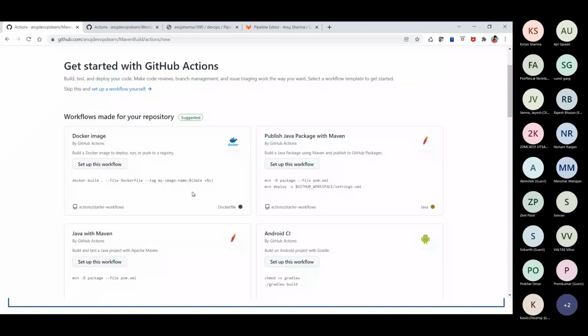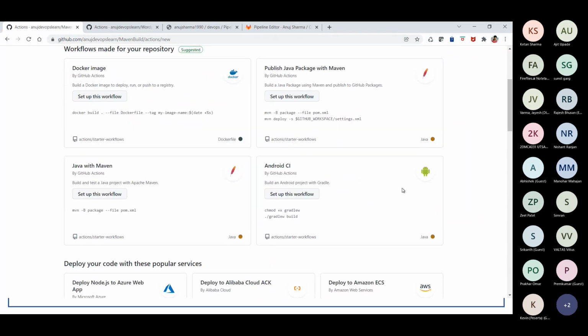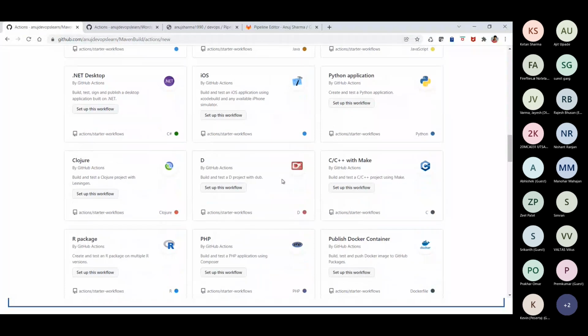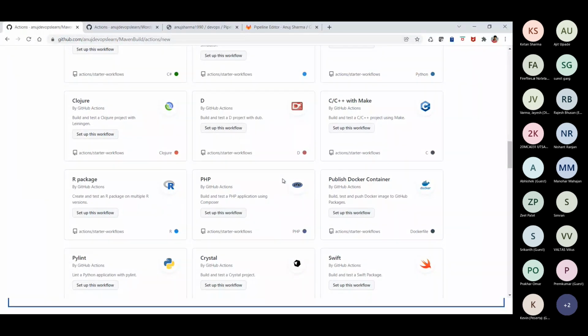I actually have a Dockerfile, so that's why these Docker image related workflows are coming up. They're being generated automatically here. I have not picked these. They are picked up automatically. You also have a lot of workflows. If you scroll down, you will see a lot of continuous integration and continuous deployment workflows. But it has already detected the programming language available here. So that's the kind of setup which we will be able to perform over here.